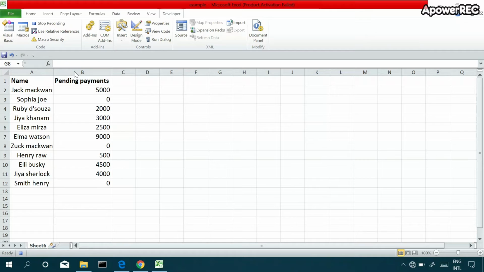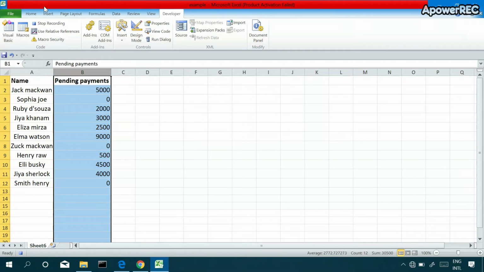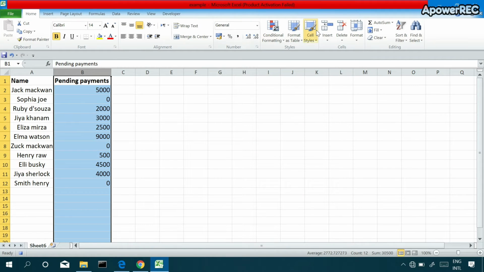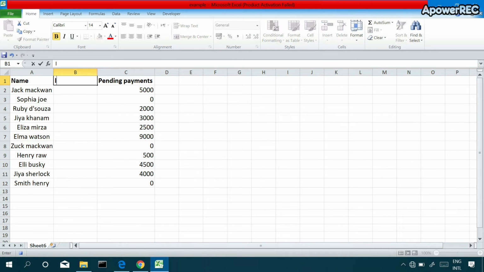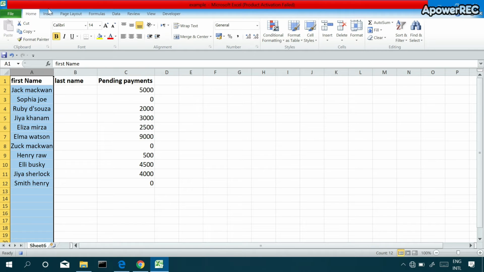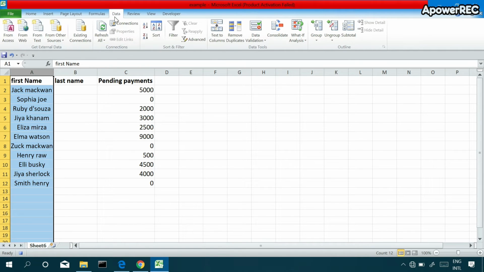Let's start. First I insert a column here. Name it last name, and this column will be my first name column. Select all these names. Go to the data tab.